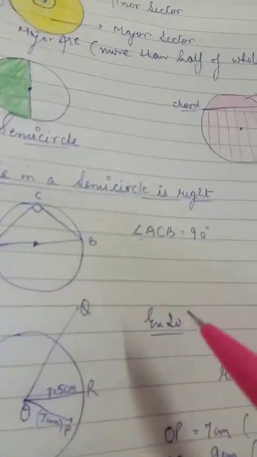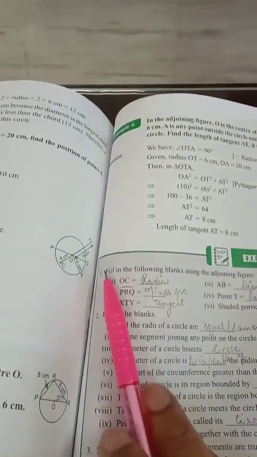Now, children, we'll begin with the exercise. Let's see the questions from the exercise. Your first three questions, that's question number 1, question number 2 and question number 3, are fill-ups and true and false. Just go through and try the questions yourself. We'll discuss the answers later. Now we'll move on to the next question.